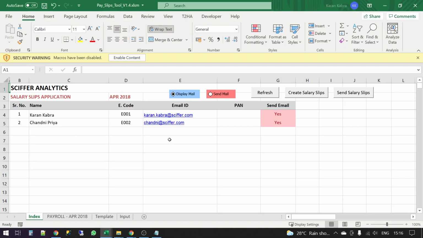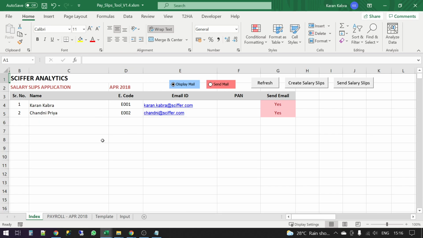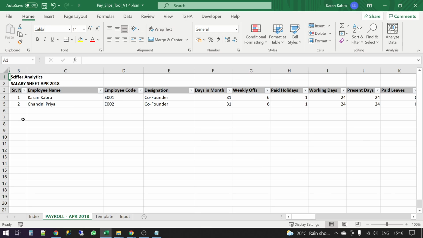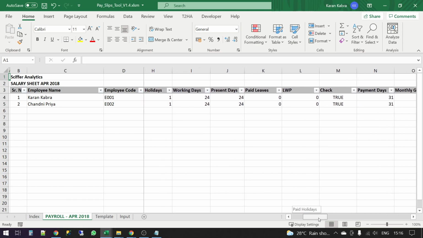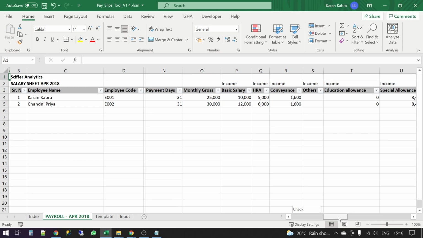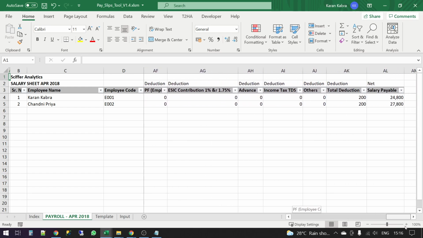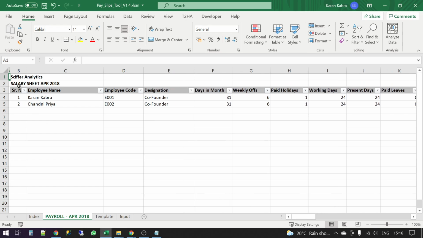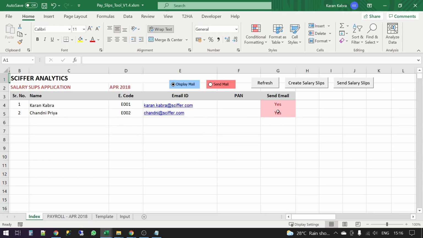So there is a payslip tool that has been created in Excel. I put my name and Channi's name here. So the data of payroll is here in this sheet, right? This can have say hundreds of people in this sheet in rows, and then in columns you can see these are certain fields that are required to be displayed in the payslip, right? And if you have to, at one click, send the payslip to each one of these whatever 100 odd people, the first step is you create salary slip.